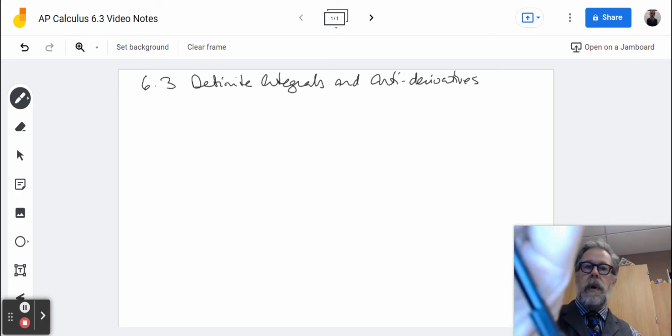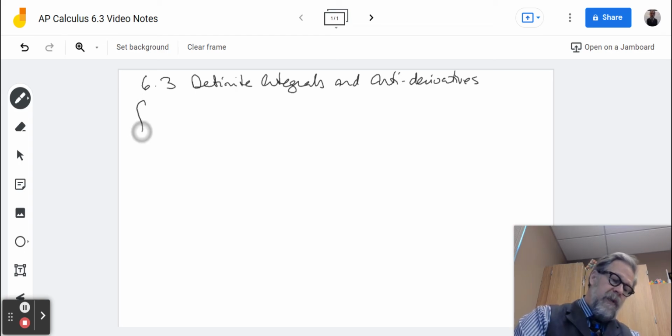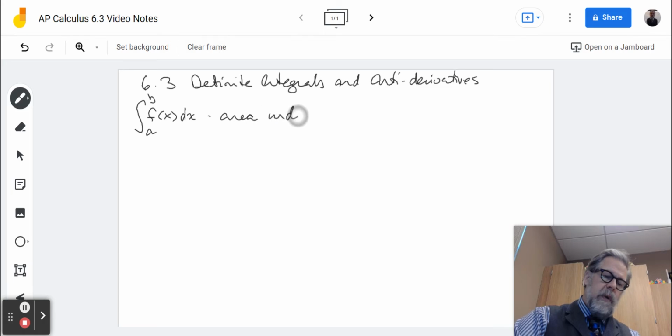All right, welcome back. We're going to be talking about some properties of integrals, and then we're going to roll that into something called an antiderivative. We'll talk about what that is when we get there. But let's start by just thinking about integrals. So we've got an integral from a to b of some function f of x with respect to x. And we know that this is defined as the area under the curve